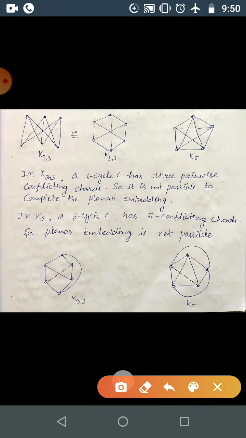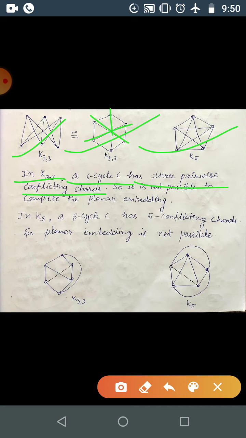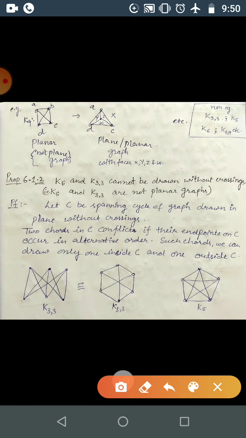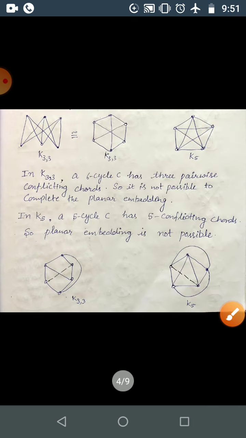So here K33 again we have drawn, and here K5. So in K33 the C6 cycle has three pairwise conflicting chords. Obviously these three pairwise conflicting chords are there, so it is not possible to complete the planar embedding. Okay, so we can't draw a plane part of this graph, because for planar embedding the chords should be at most two. And here we have three